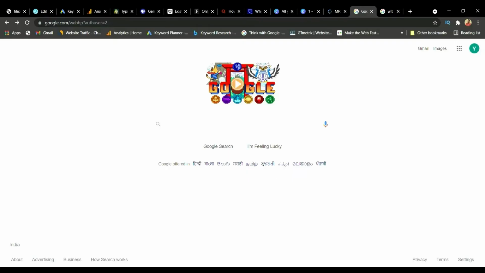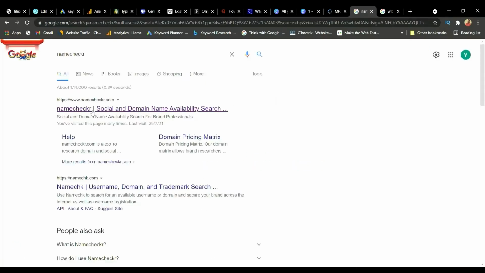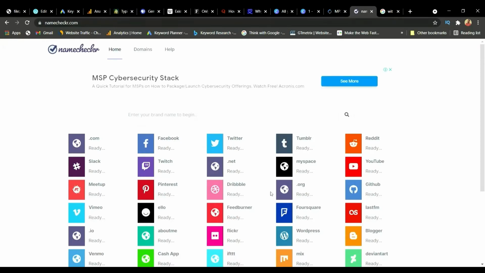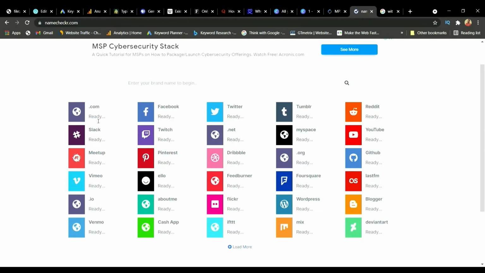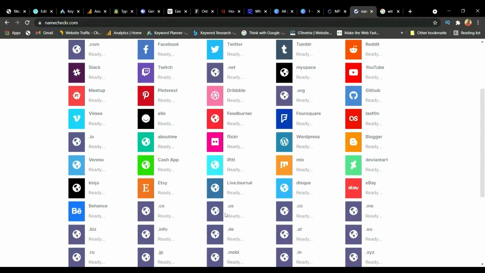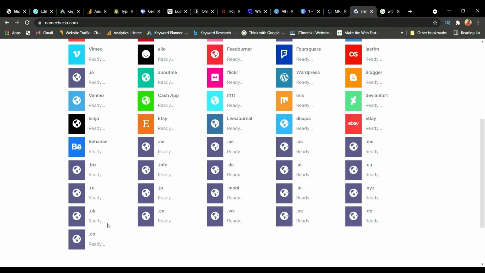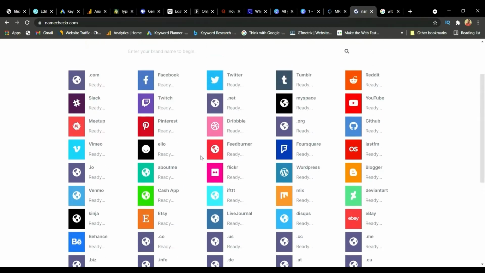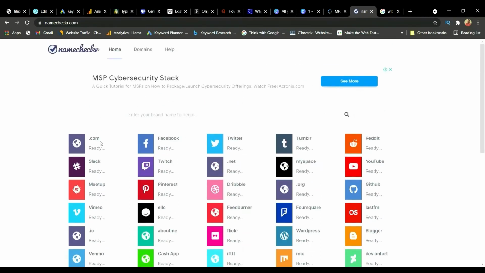So now I'm just going to go ahead and head to the website. So this is how the first page of the website will look like. You can actually check the username availability of all these respective social medias in a single space. Actually, we have a few more. So you can check the username availability of all these social medias in just a click. You can even check the domain name availability.